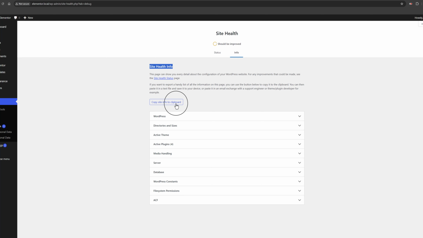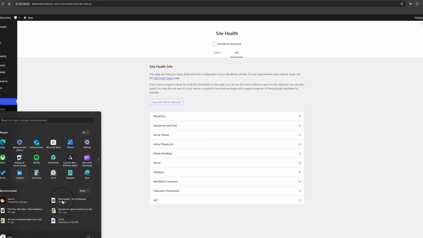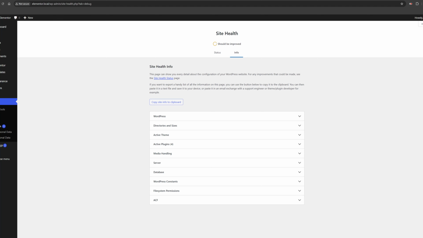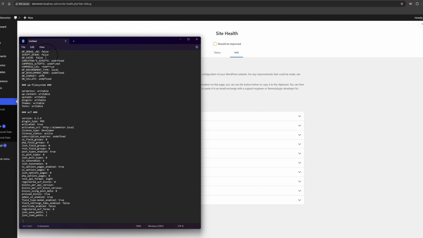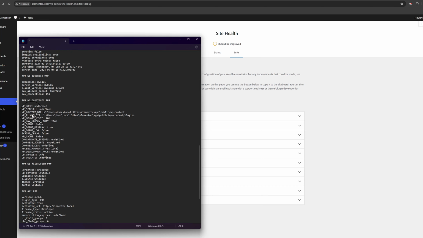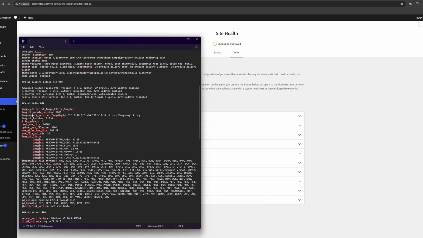All you have to do is to click on this text link, copy. It is immediately copied into your desktop. Let's open Notepad and then press Ctrl V, and all you have to do now is to share with your